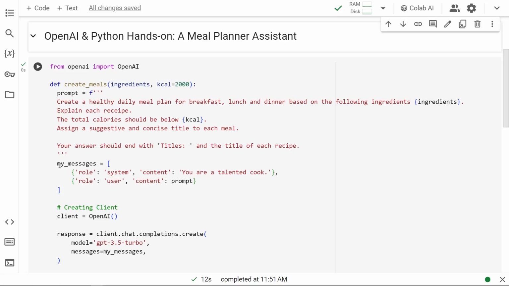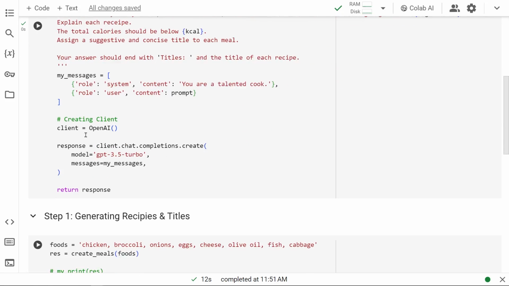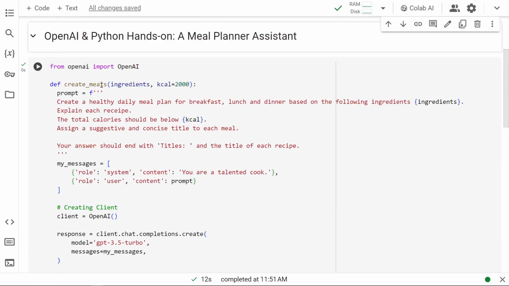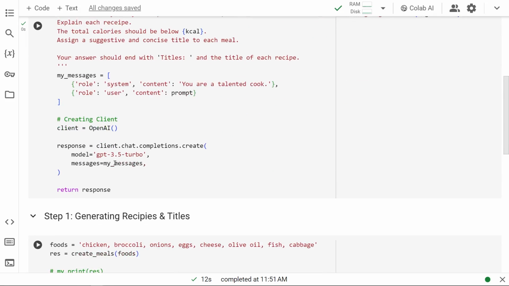Afterwards, I'm preparing my messages, which is a list of dictionaries. The first one is the system and the second one is the user. In the system message, I'm giving it a personality, saying you are a talented cook. And then the user content would be the prompt, this guy right here. With that said and done, I'm creating the client, equals the OpenAI class that I just got from here,